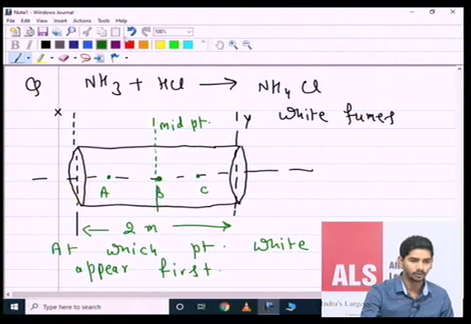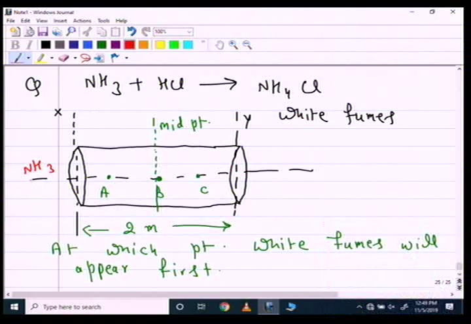On the left hand side, we are introducing the ammonia, whereas on the right hand side we are introducing the HCl gas. Remember, exactly at the same time both the gases will enter into the vessel. Okay. Now the options